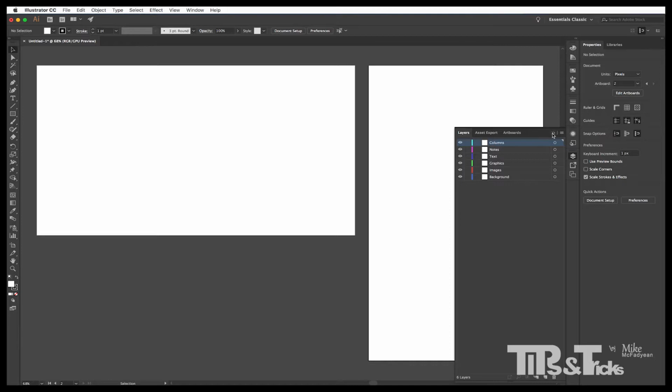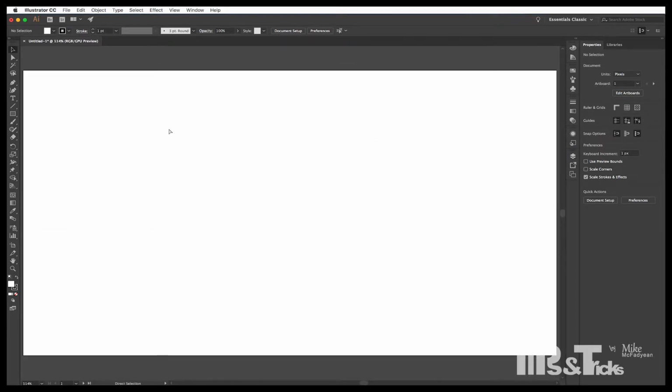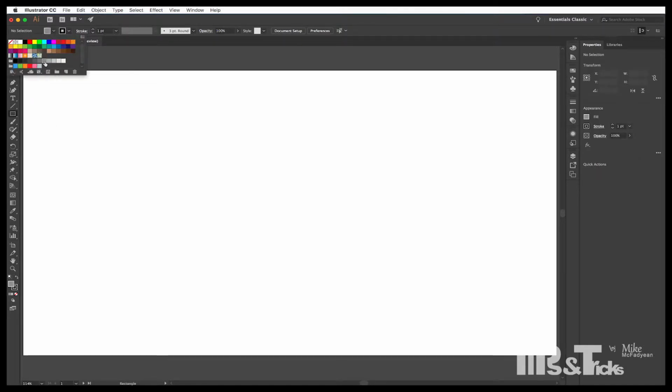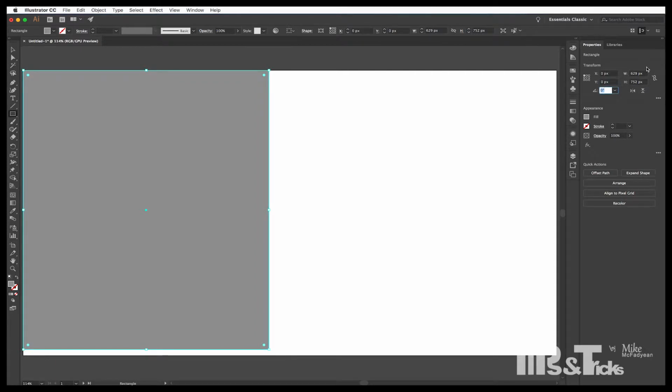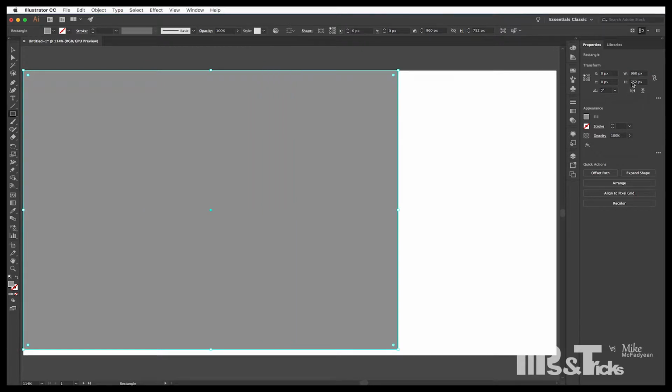Okay, so the first thing is to make my background. So I'm going to be working on the screen artboard, so I'll just zoom into that, and I'm going to take my rectangle tool, set the fill to a sort of medium gray color, and set the stroke to none. And then I'm just going to draw a rectangle, and then in my properties inspector I'm going to set the reference point to top left, and then set the X value to 0, the Y value to 0, the width to 960, remember we decided 960 was a good number to use, and the height to 768, which is what